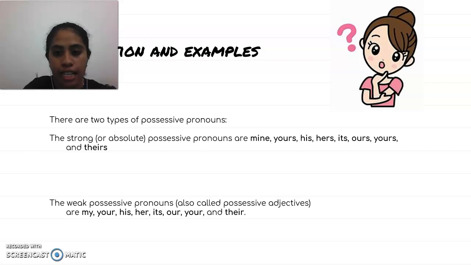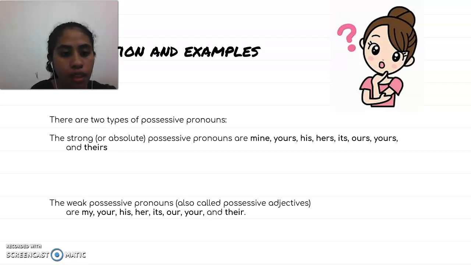These refer back to a noun or noun phrase already used,